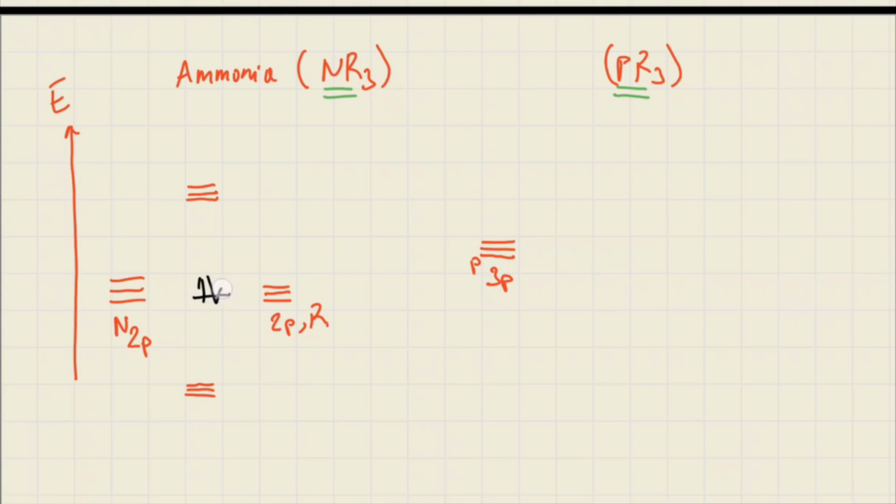So we have electrons on the N, and these are the non-bondings. So these are our HOMO orbital. And again, we can look at the energy of the phosphine ligand. So we have again a LUMO, but the important point is that the LUMO of the PR3 should be lower energy than the NR3. So NR3 energy is higher,